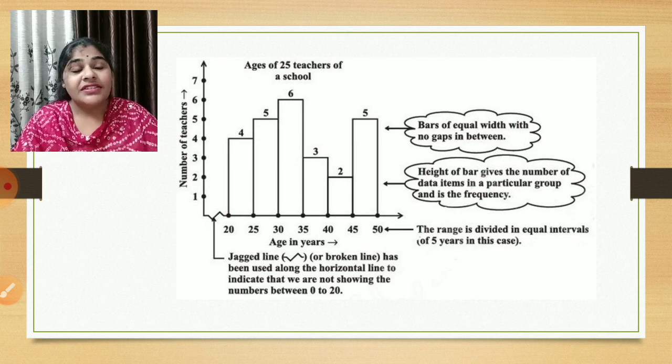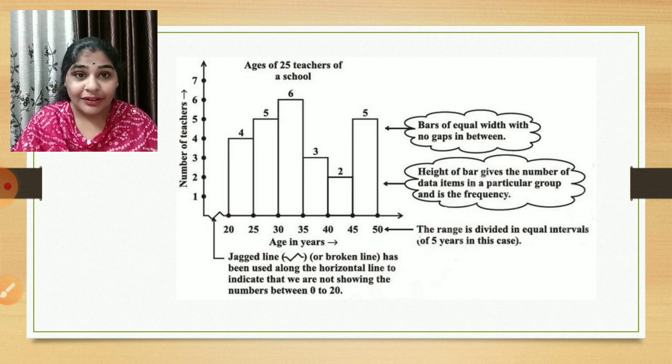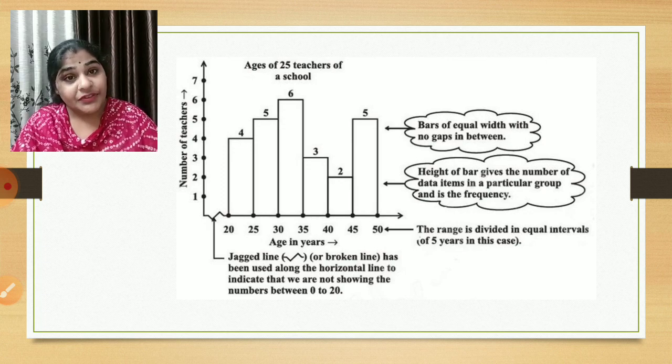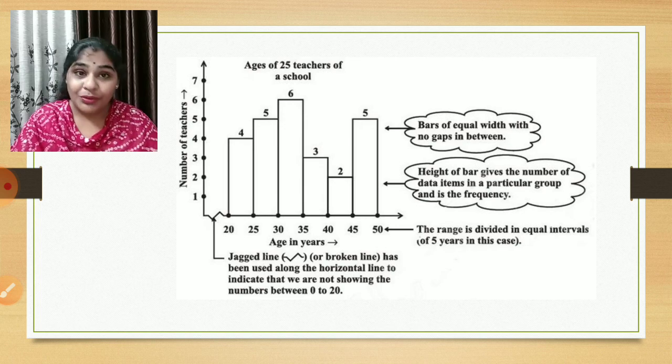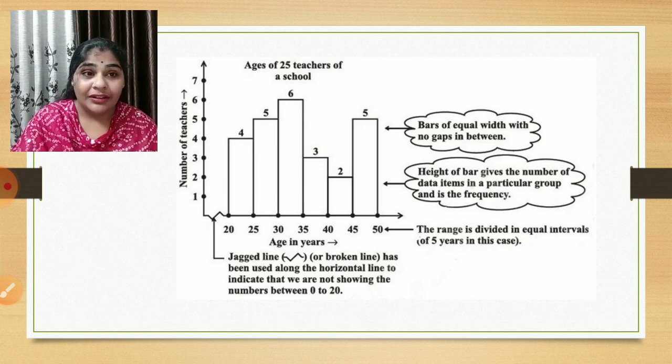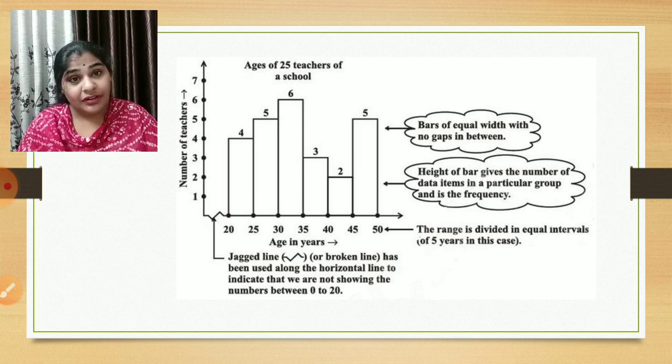Suppose the data starts directly from, suppose, 100, right? There are, suppose, 100 workers somewhere we are working, and we are showing the data of that, and the number starts with 100. The class interval starts from 100 to 200, 200 to 300, with a range of 100. So for this data, there is no requirement of 0 to 100, right?